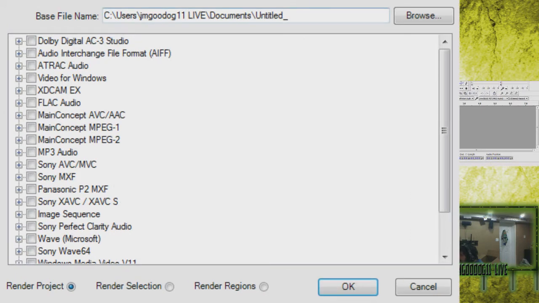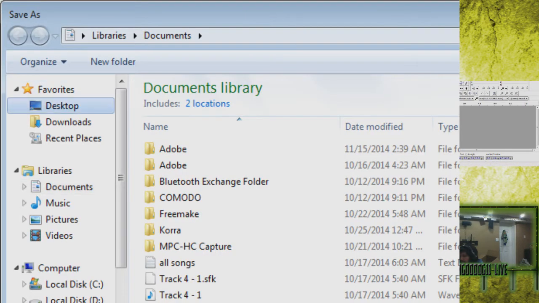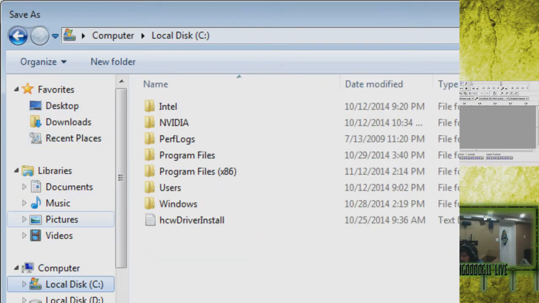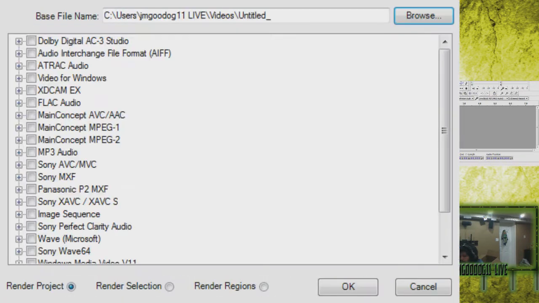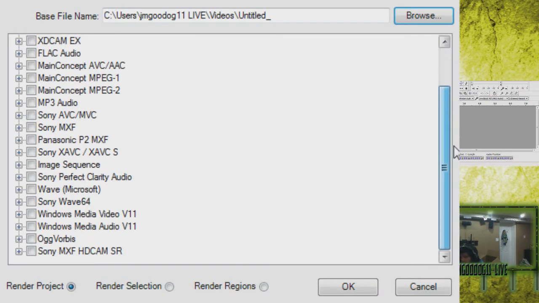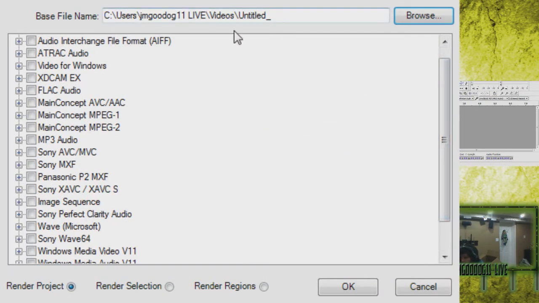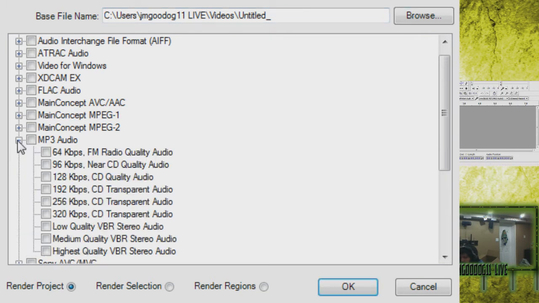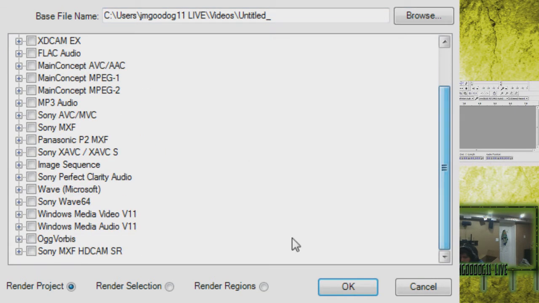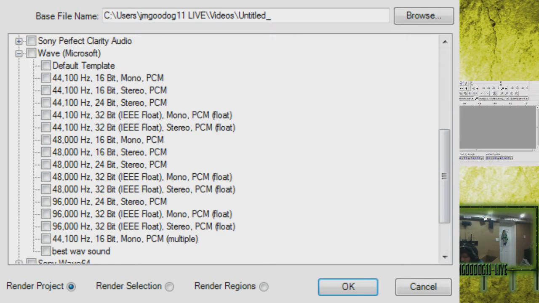Toss this right up on screen. Okay, so you gotta acknowledge where you're installing it. So we're going to go videos, save it there. Okay. So this is where you come down to what you want to save it as. Now, WAV format is probably the best format to save it as. And I'll check mark it, and then we'll hit render